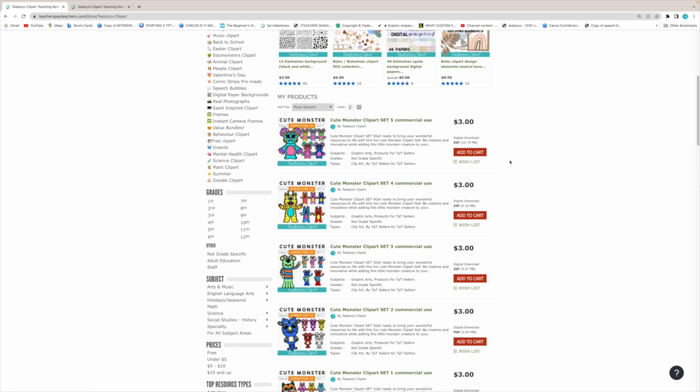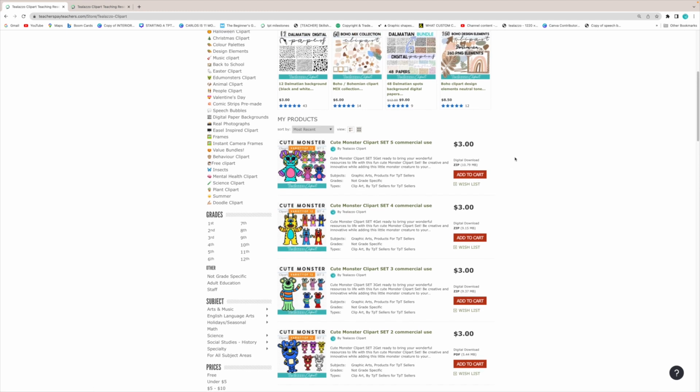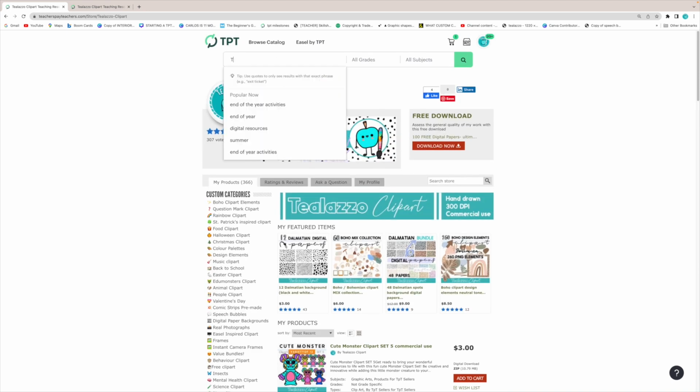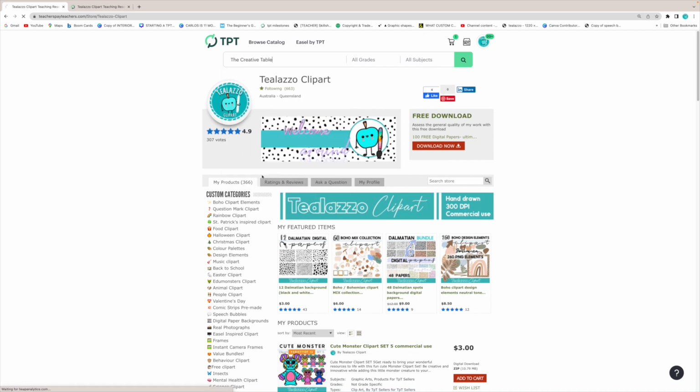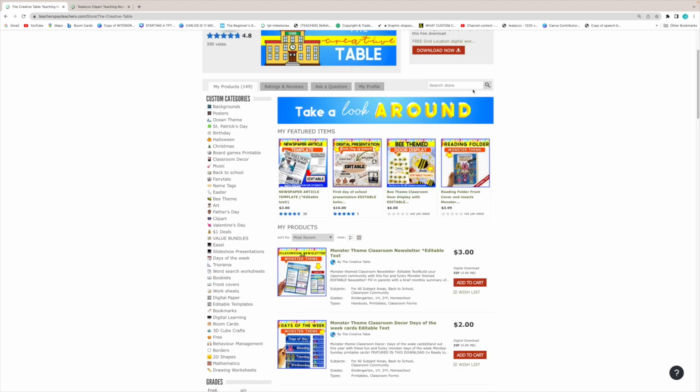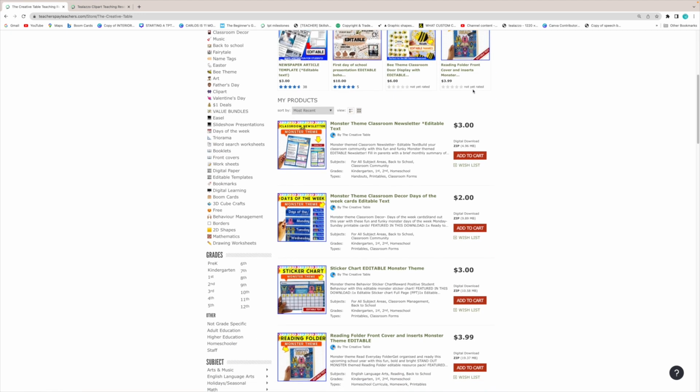Like I use a lot of different clip art, but I do use my own stuff. So I want to kind of just show you that, but I'll just type in my other store. So the Creative Table, this little blue logo here. So this is my other store, and you'll be able to see, so I've been working on like a back